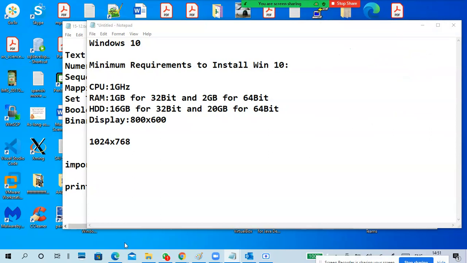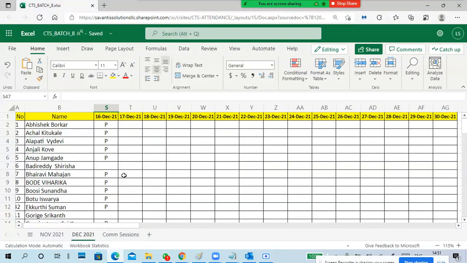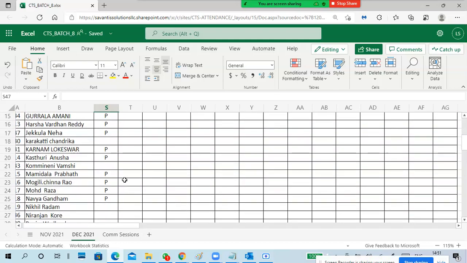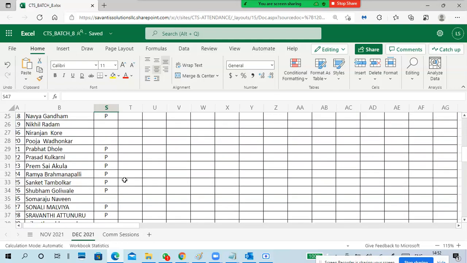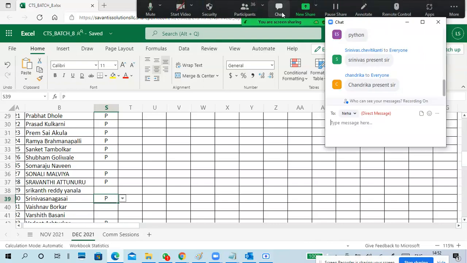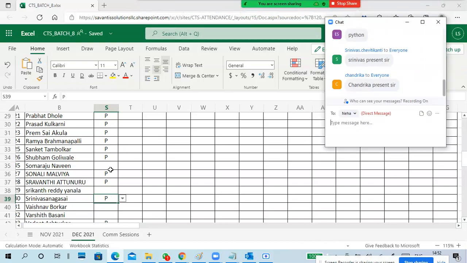Srinivasa present. One second, I'll check it once. Srinivasa Nagasai, right? Yeah, present only. Chandrika present.